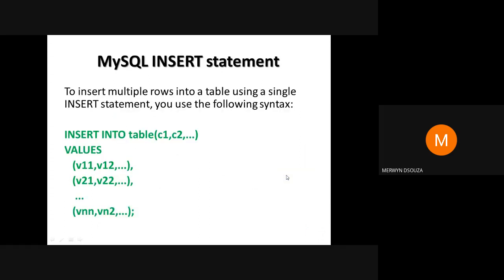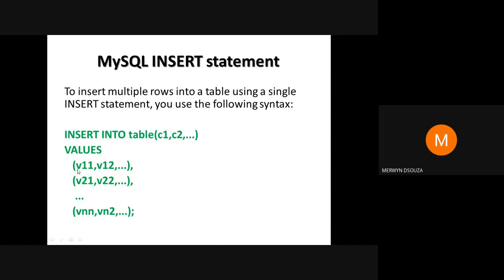You can also insert multiple rows into a table using a single insert statement. To do that, you can use the following syntax. Insert into the name of the table followed by a comma separated list of columns inside the parenthesis, followed by the values.